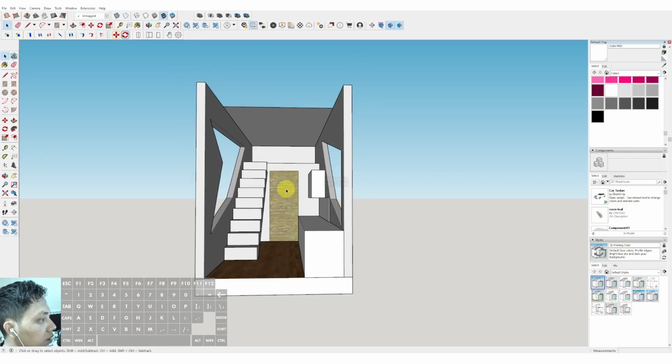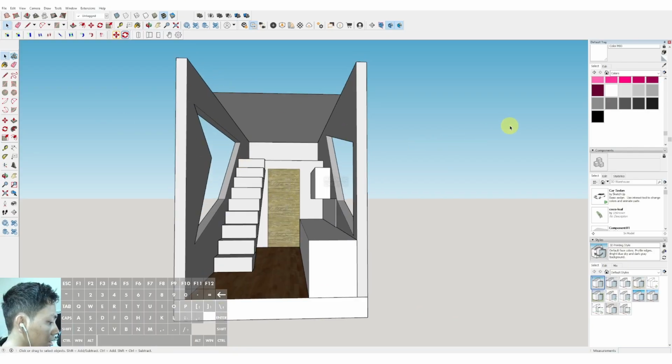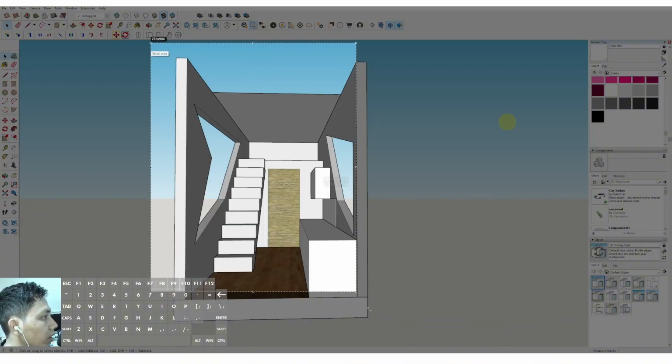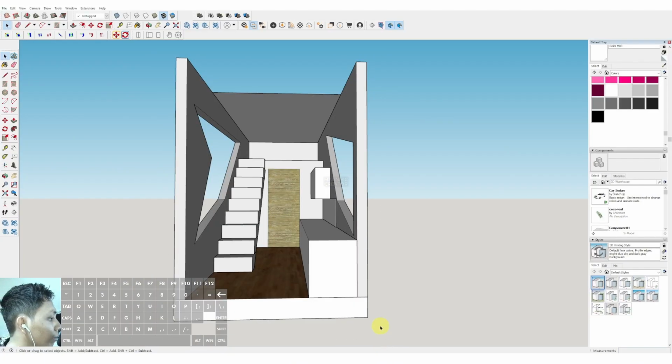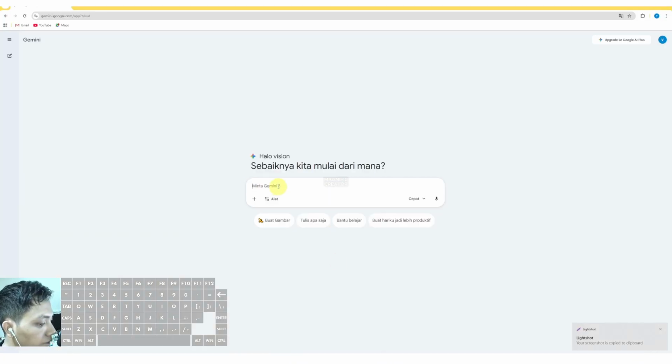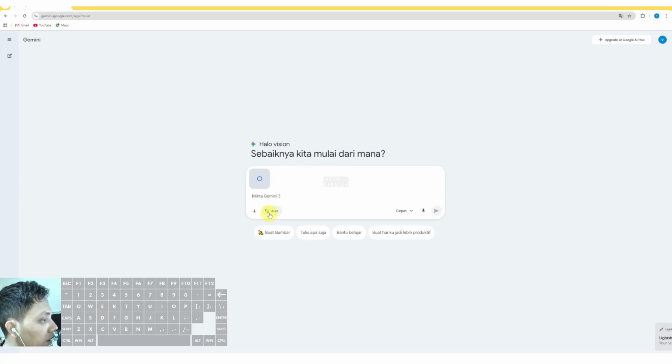We can screenshot this interior of this tiny house using this screenshot tool like this, and copy, and go to gemini.google.com. We can paste this one and select the Nano Banana mode. Then we can type the prompt: realistic rendering interior of tiny house with loft bed,